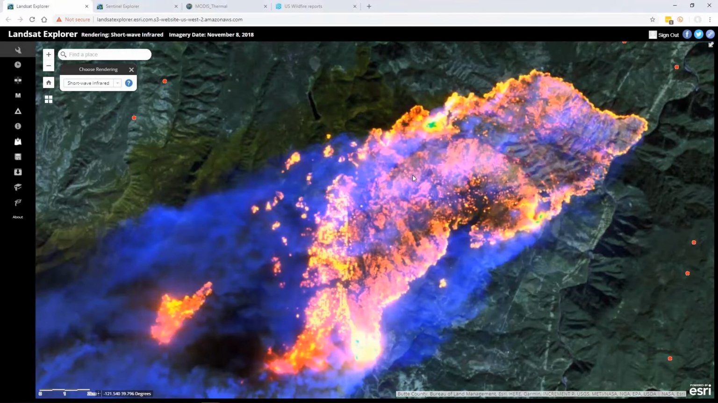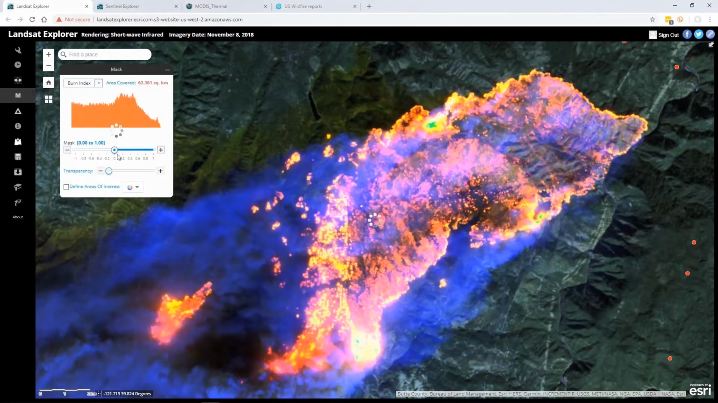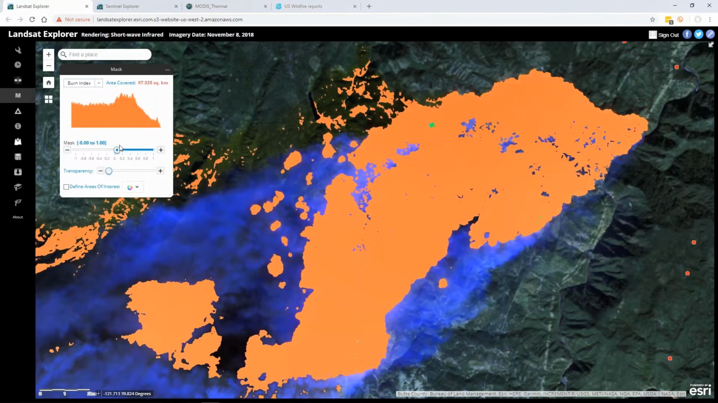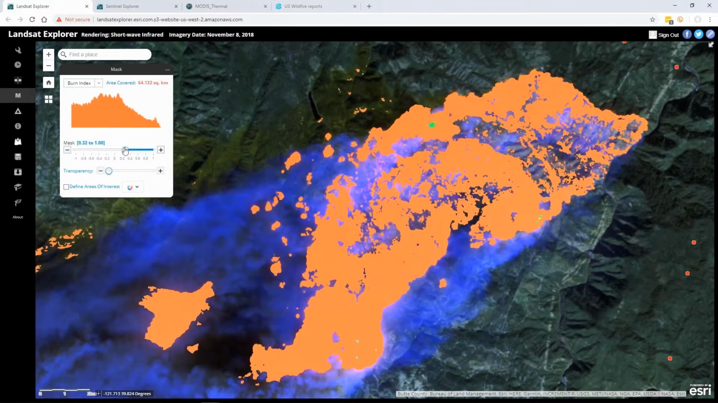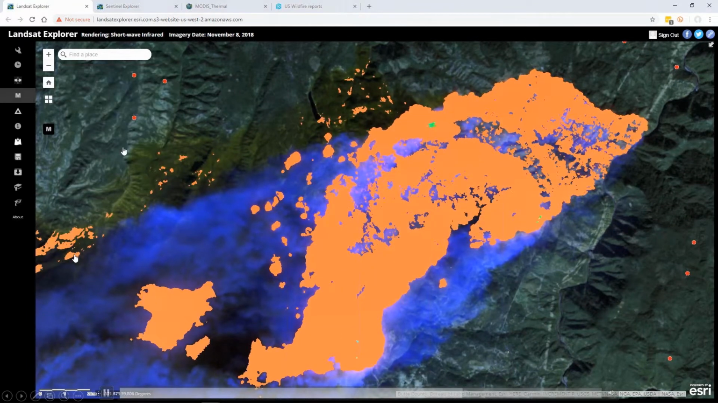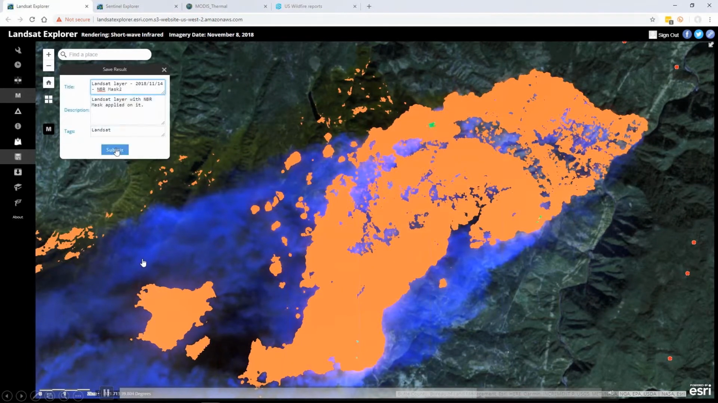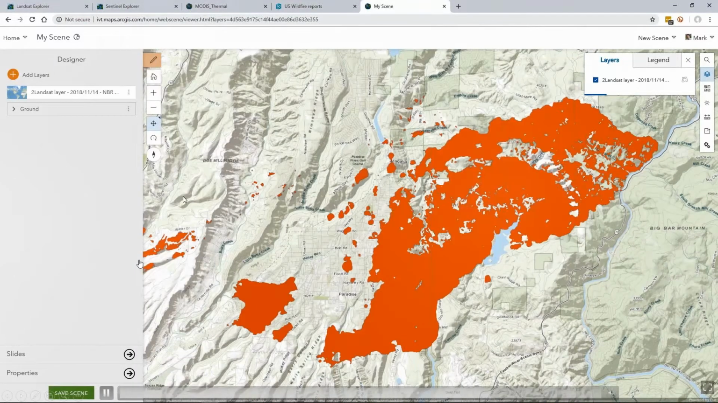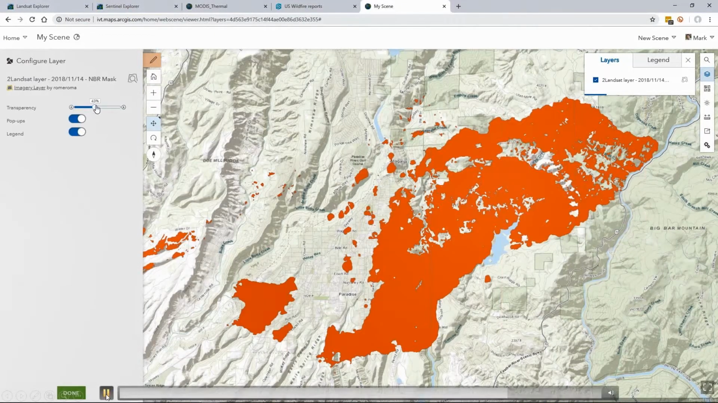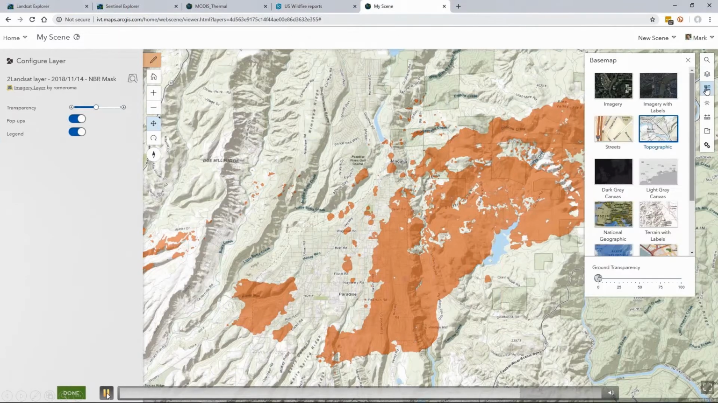And then there are different tools for things like change detection and masking that will help you identify things like a burn index, and let you adjust the accuracy of that. And then you can even save the layer so that you can bring it into different web maps and scenes in Pro, etc. So this is what we've historically been doing with imagery